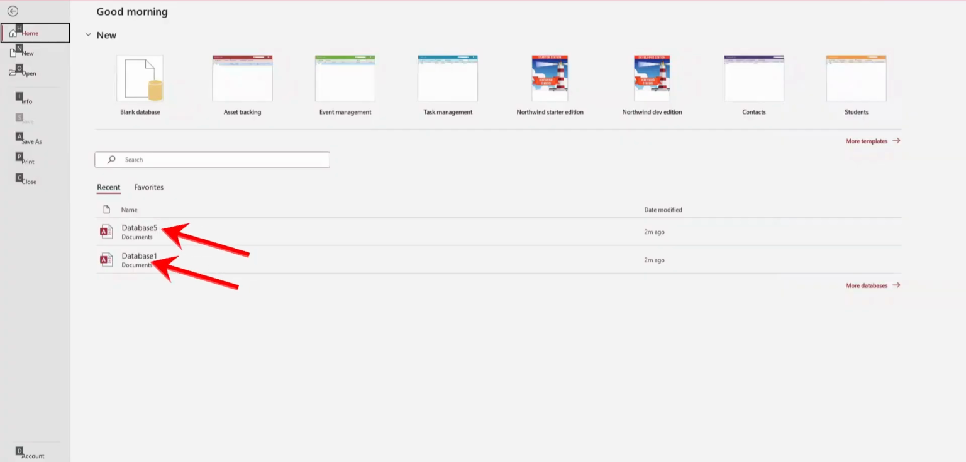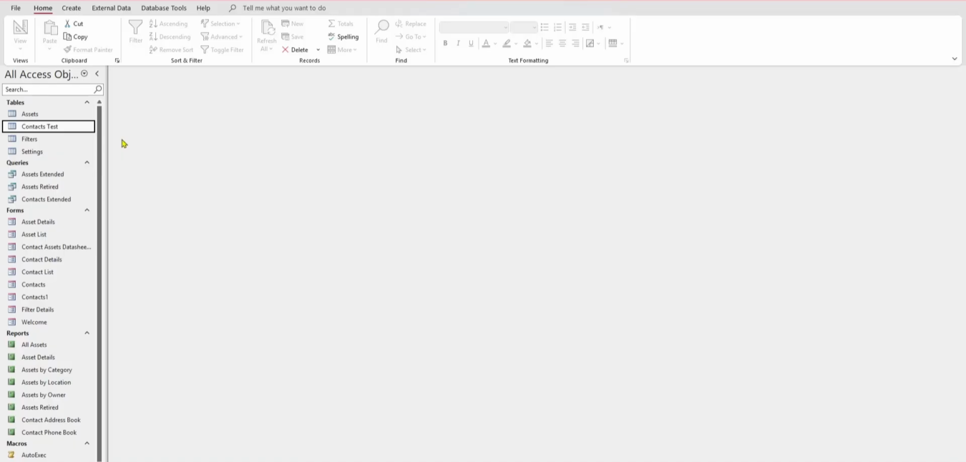You will need to locate the specific file that contains the data you want to work with. This may involve browsing through your stored files or recent documents. Once you have identified the correct database file, open it to bring up the data environment where all your tables